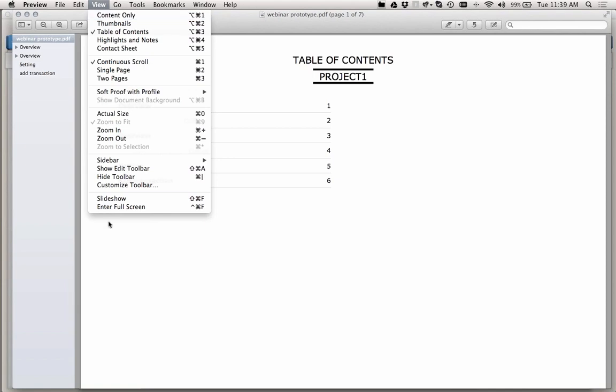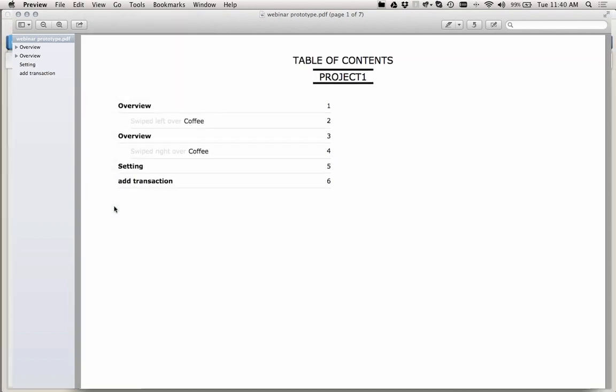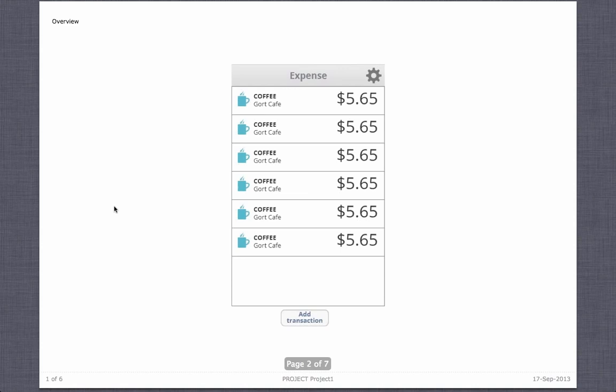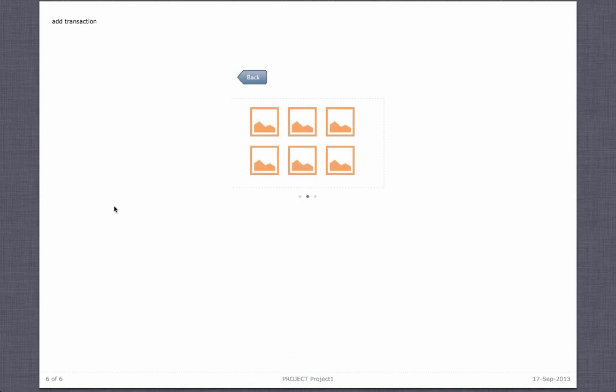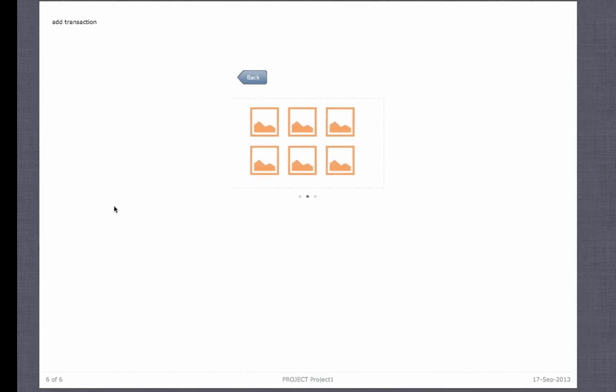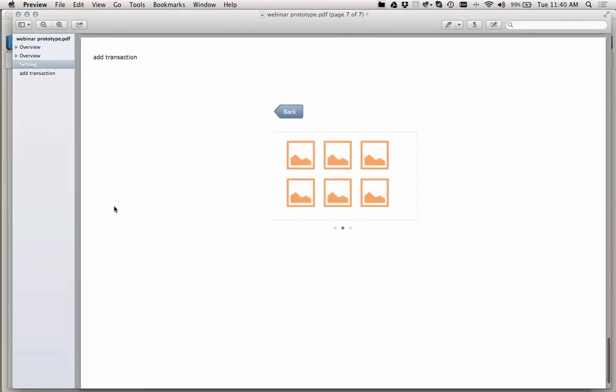So if I now want to present this to someone, I can just say full screen and I can go. First screen you see, this is the swipe one. See, on the top left corner, we automatically name it for you. It says overview, swipe left over coffee, go this one. Then you go back to overview, you swipe right over coffee, you see that guy. When you click on settings, you get this one. When you click on add transaction, you see this screen. So automatically we take care of the fact that there was a flow in your prototype, and we try to respect it. It's not very apparent on this particular prototype, but if you take a little bit more complex prototype,